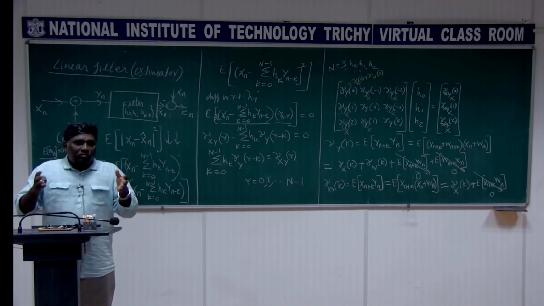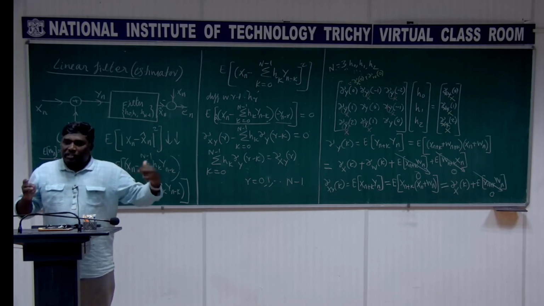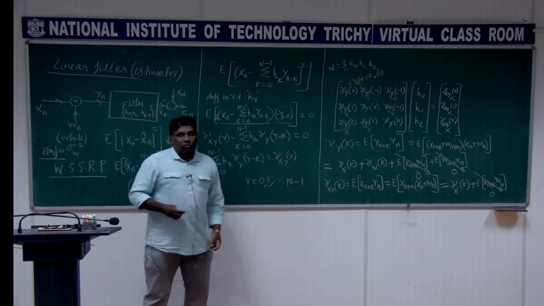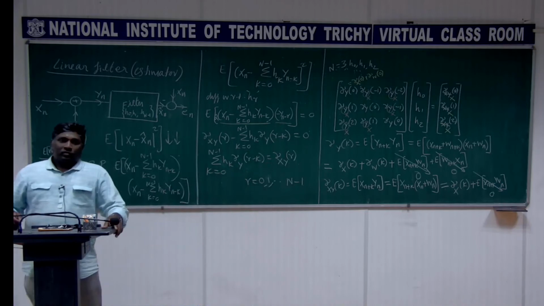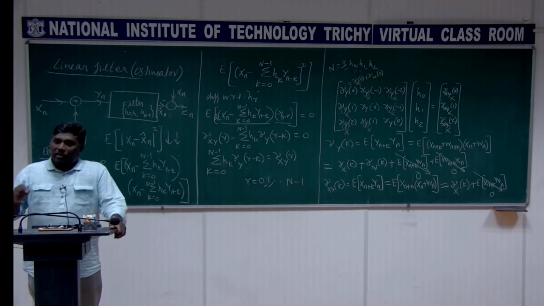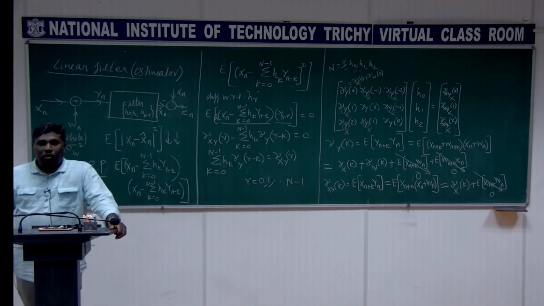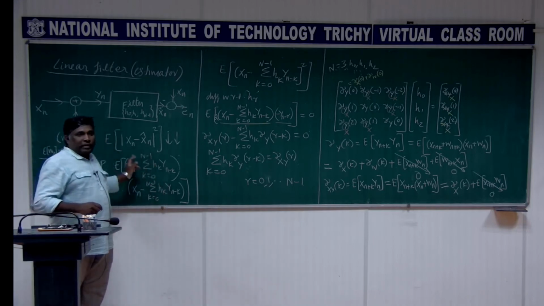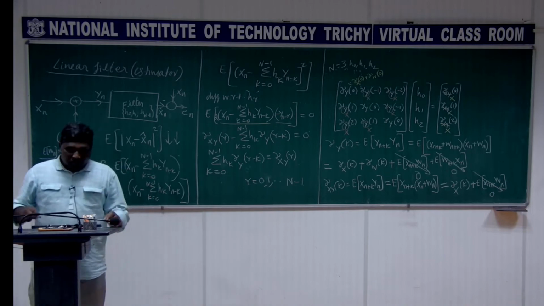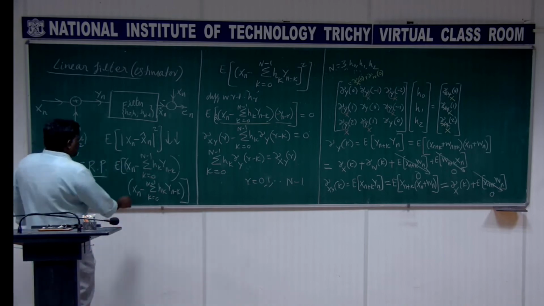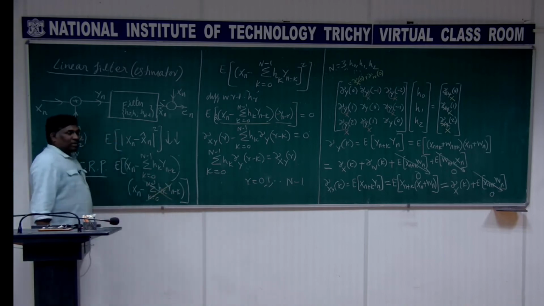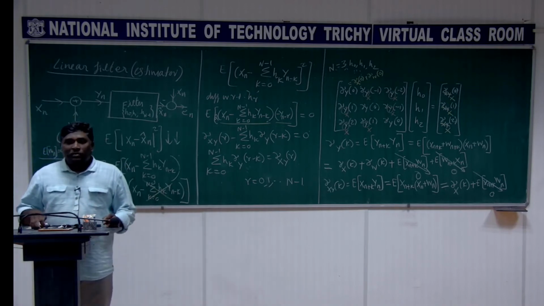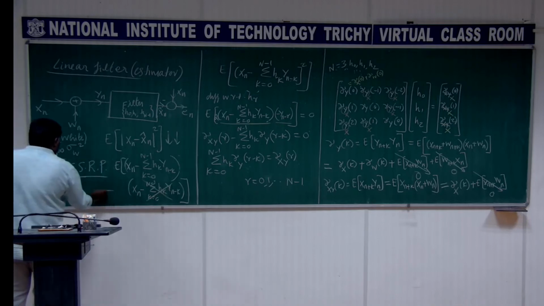The whole term gets multiplied with yn and we take the expectation, that is going to be 0, for every value of k. Either it is yn or yn minus 1, yn minus 2, whatever you consider here. The second term, when I take this expectation, is going to become 0. So straight away, I just remove the second term here. I have only that first term. So if I simplify this,